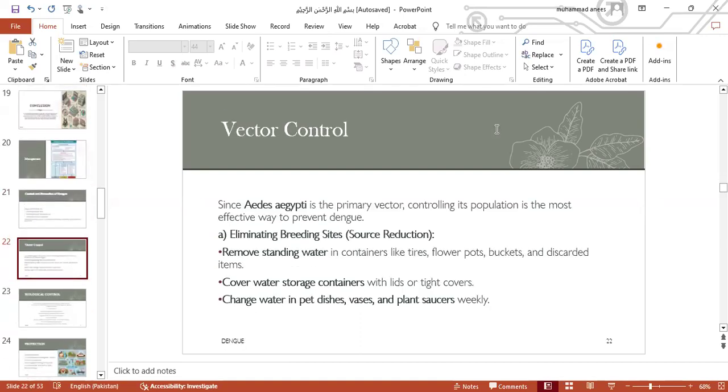Move on to vector control. Since Aedes aegypti is the primary vector, controlling its population is the most effective way to prevent dengue. Number one is eliminating the breeding sites, source reduction by removing standing water in containers like tires, flower pots, buckets, and discarded items, or covering the water storage containers with lids or tight covers, changing water in pet dishes, vases,